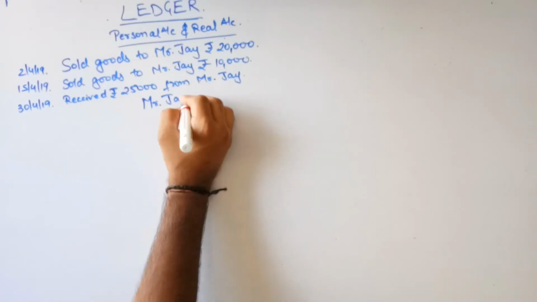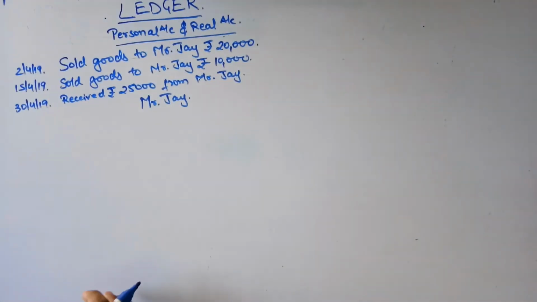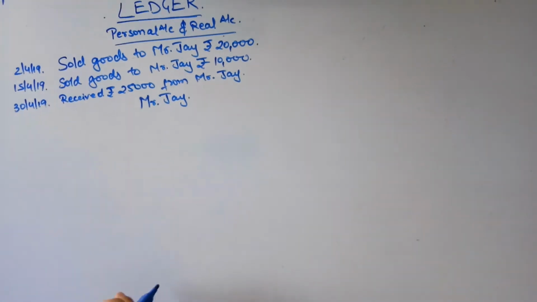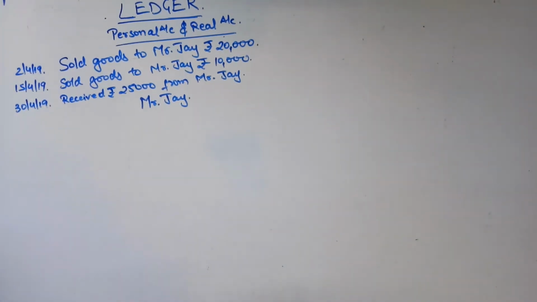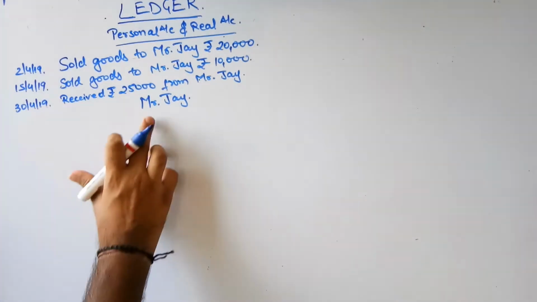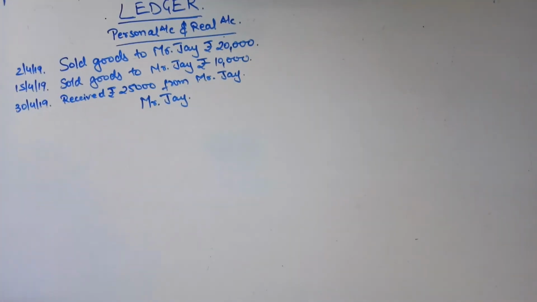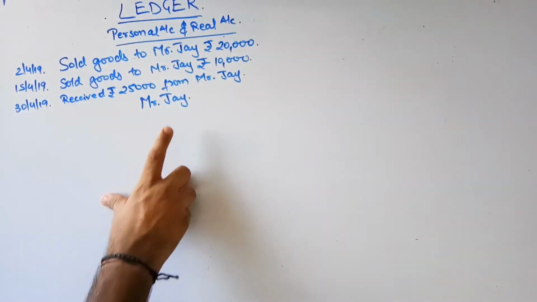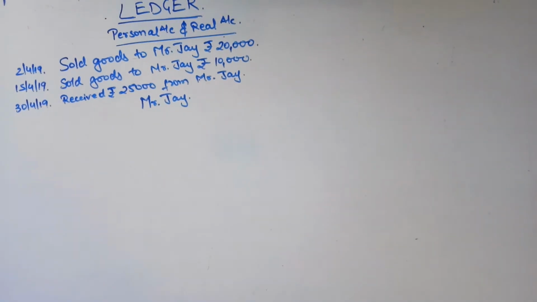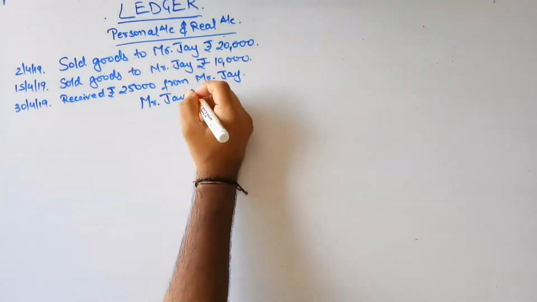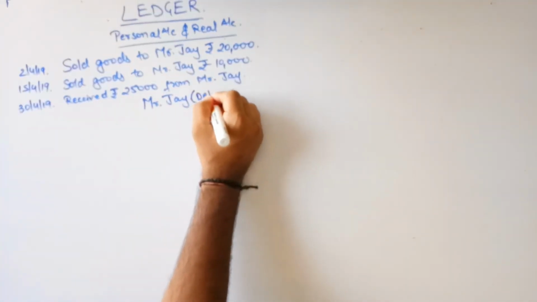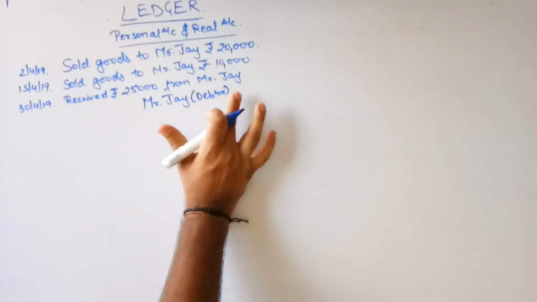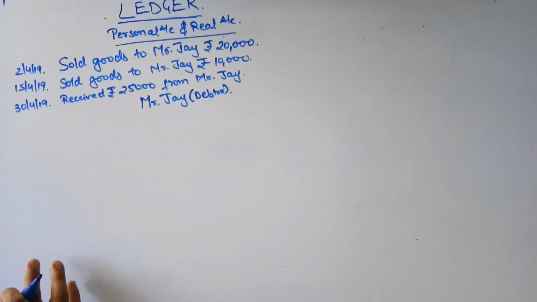Okay guys, just for knowledge purpose, tell me one thing. Mr. J is our debtor or creditor? In my books of accounts, Mr. J is debtor or a creditor. Correct. He is my debtor. He is the debtor from whom I have to receive my money. How much? This 25 receipt, 5,000 I yet have to receive. So he is my debtor. So basically, it is a debtor. This is not to be written, only for our knowledge purpose. I am mentioning it over here as a debtor.